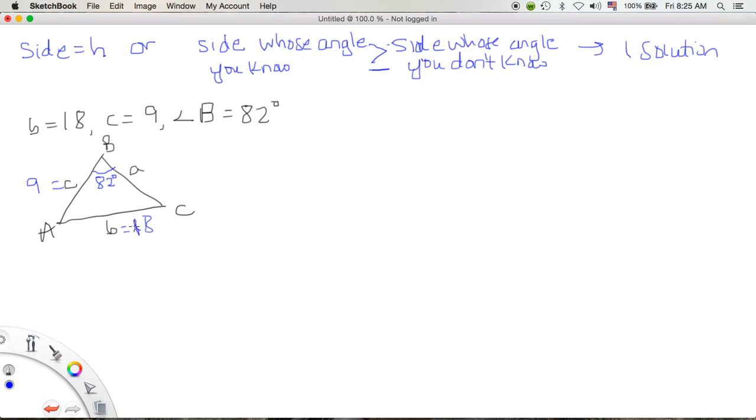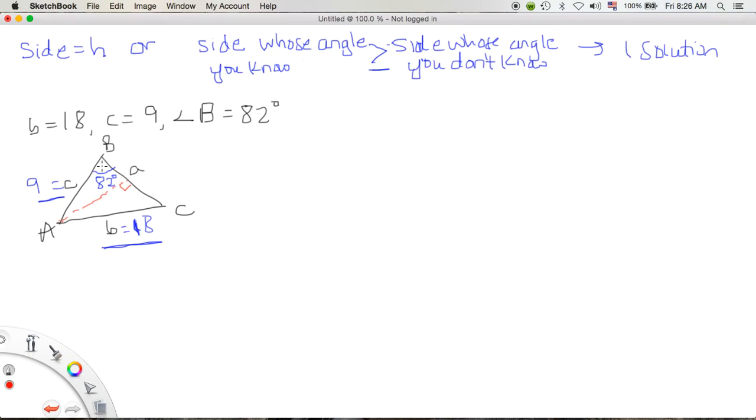So the side whose angle we know is this one. We know the angle across from it. If that is bigger than the side whose angle we don't know, then we have one solution. Or when the side equals the height. Remember, the height we found, if we dropped across from the angle we want, not one of the angles we know,